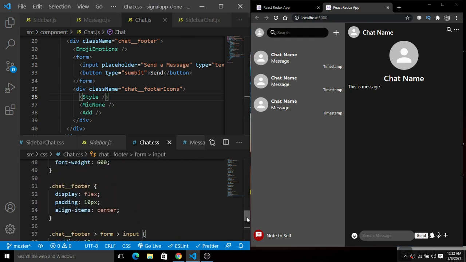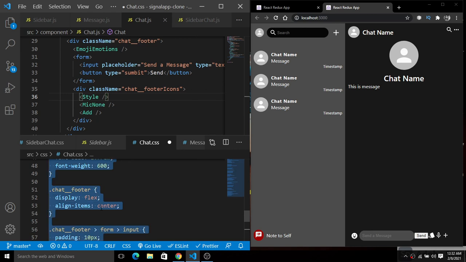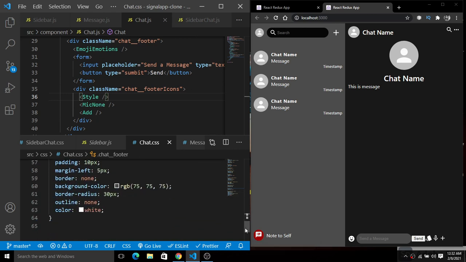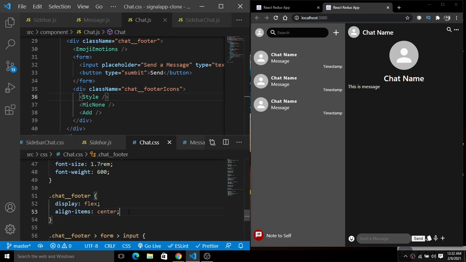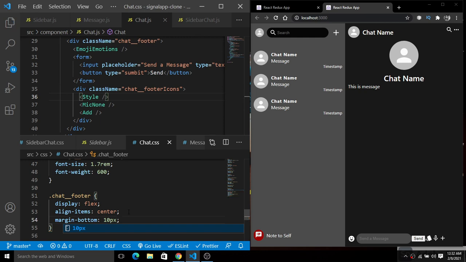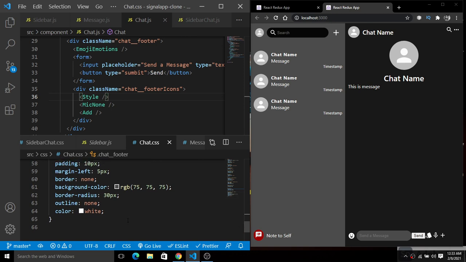Okay, so let's go. We have this chat footer. Remove the padding. Okay, now save this. Okay, so these things here are at the very bottom. Next we will simply put a margin from the bottom, not padding. We'll simply give a margin from the bottom of 10 pixel. Okay, so now save this. It will be okay at the top of here. Got it? Next we have these things here.